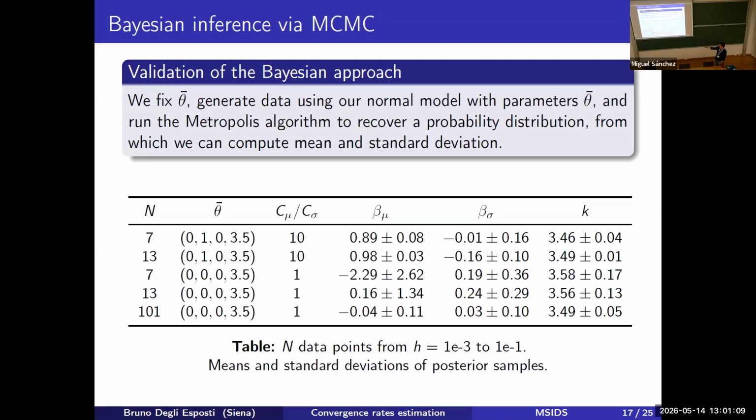And if we bring the number of points to 13, then it's 3.56 plus or minus 0.13. We have to go to 100 to get 3.49 plus or minus 0.05. But at least we know how many we need to put to get a reliable estimate of the convergence rate. Otherwise, the plot would look something like,